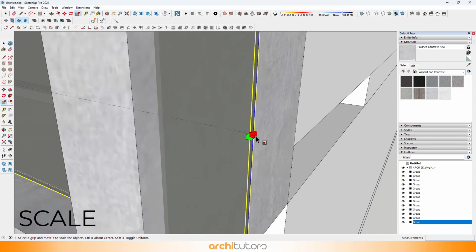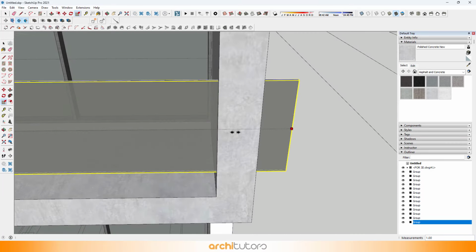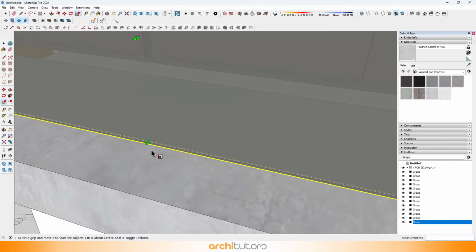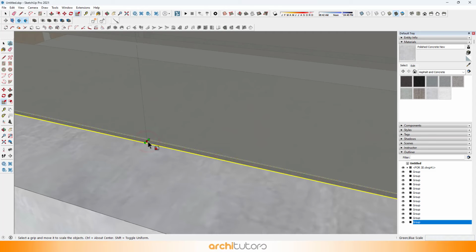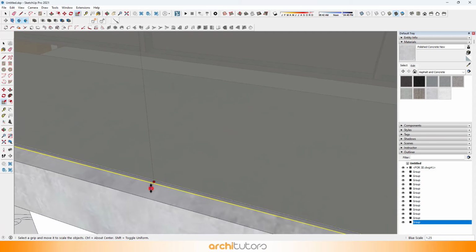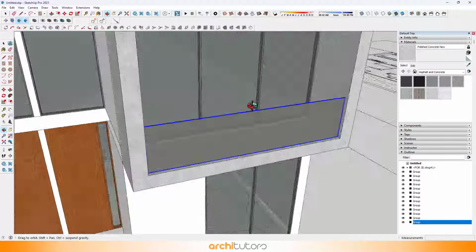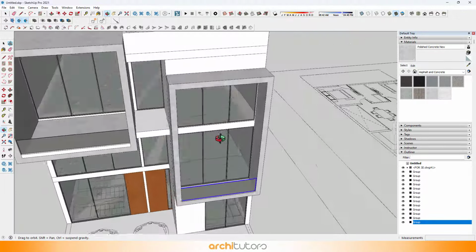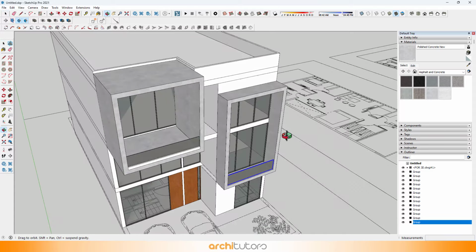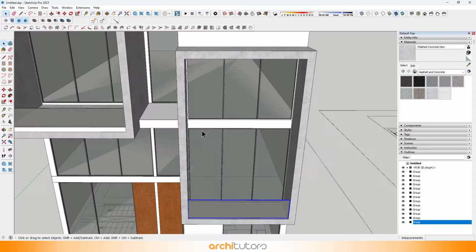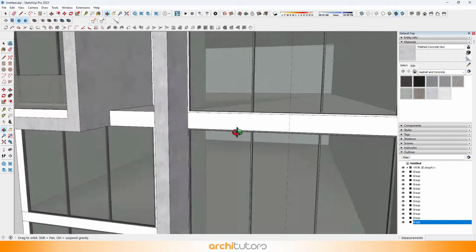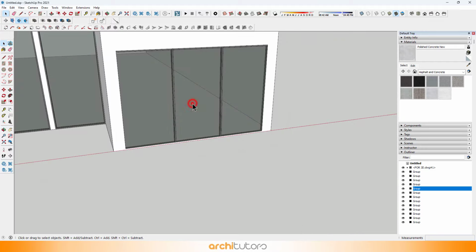Use the scale tool to stretch it. Let's quickly fix the geometry on the window.